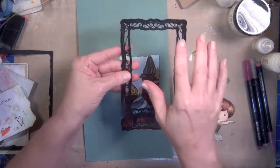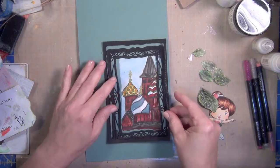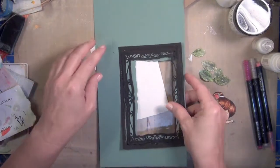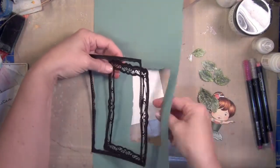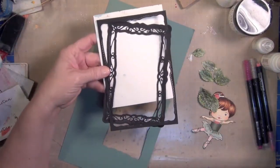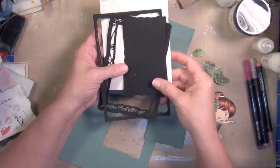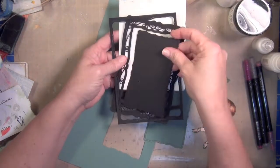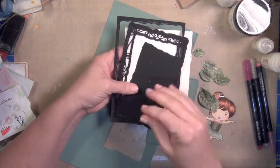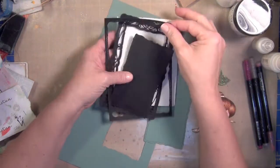But instead of this being a single die, like many of their others are, this is actually a layered die. And you see I cut this piece out here, and I'm going to turn this over and see if I can let you see the intricacy of this. There's this, and then here is the inside piece. The thing that's really cool about this is you use different layers of the die, and I'm going to show those to you, but depending on how you use them, because most of them have a cut edge and then they leave the other edge free. Like this one